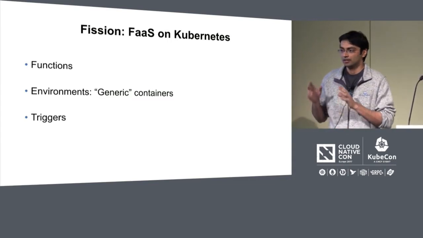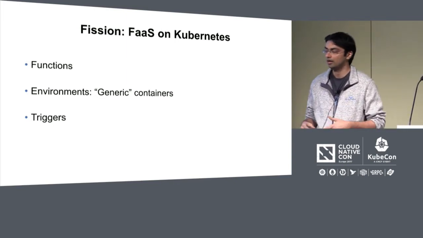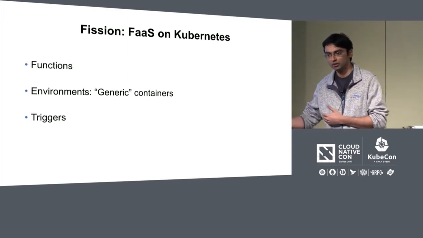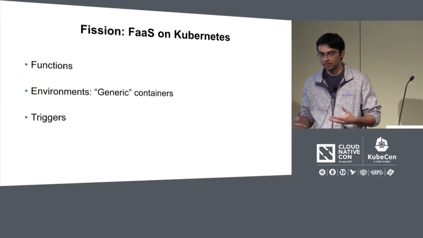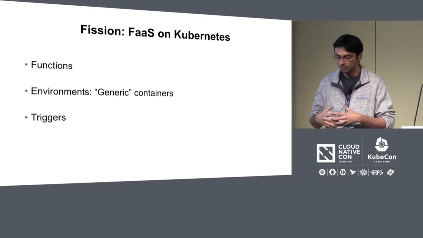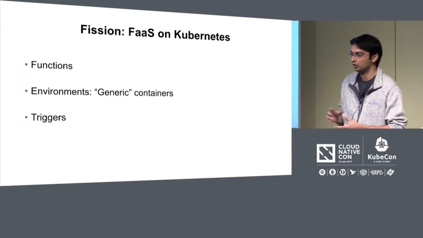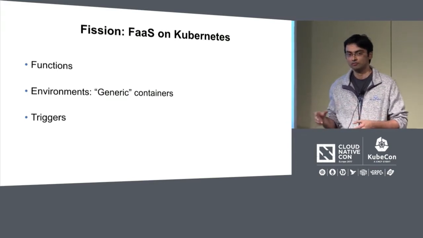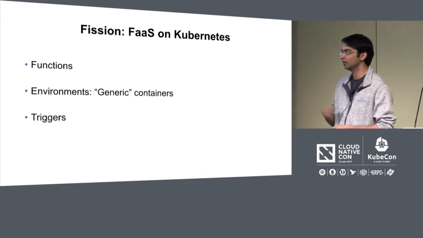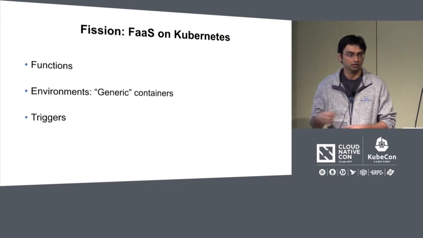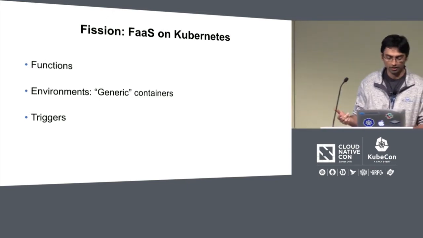And as a Fission user, you see three core concepts. Functions. They're a function or a module in various supported languages. And environments. Environments are the runtime dependencies of the function. Environments are also the only language-specific part of Fission. Everything else is language agnostic. And so there's a Node environment, a Python environment, a Go environment, C# and Java are also being developed, and